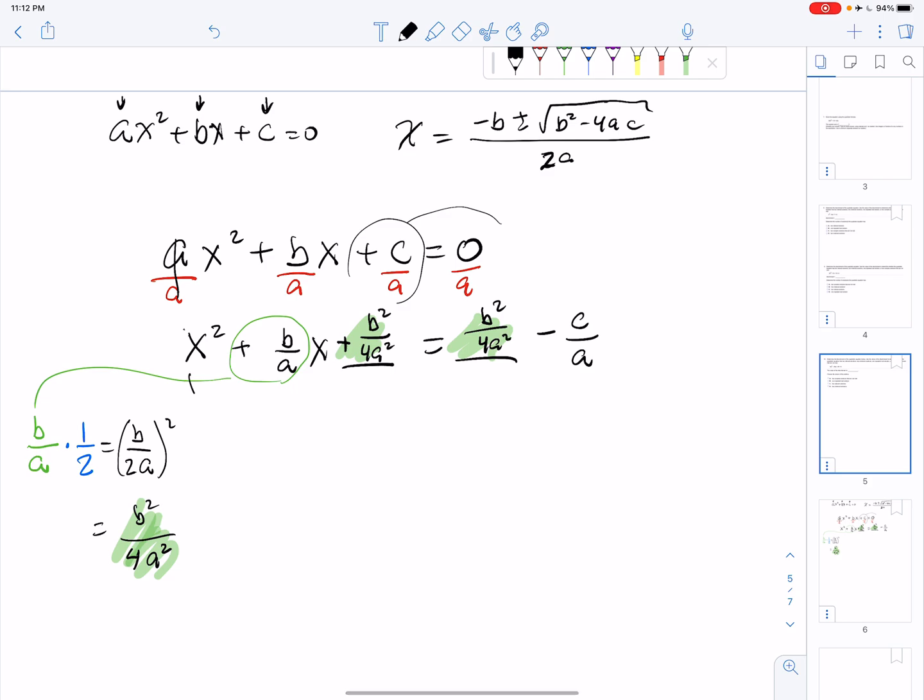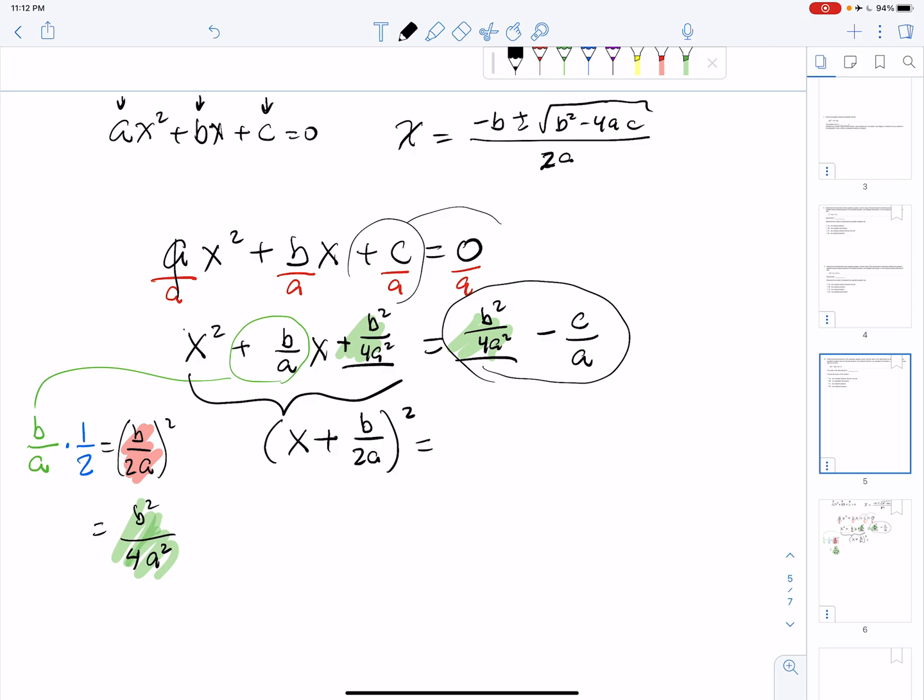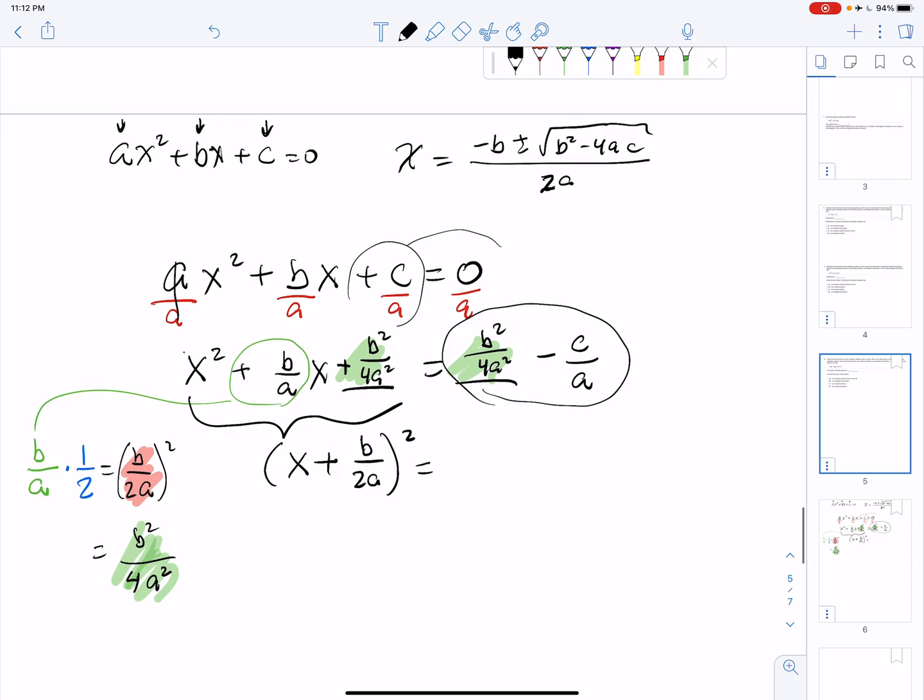Well, now we are ensured that that's a perfect square because we went through the procedure of completing the square. And of course, don't look very far because it's always going to be right there, right before you squared it. So that's what it factors down to: x plus b over 2a, quantity squared. And now we need to subtract those two. And of course, if you're going to subtract, you must have like or common